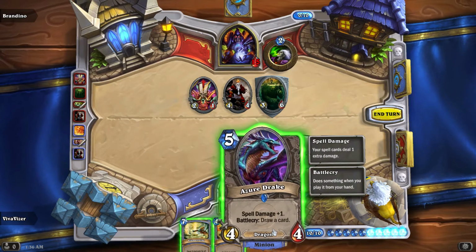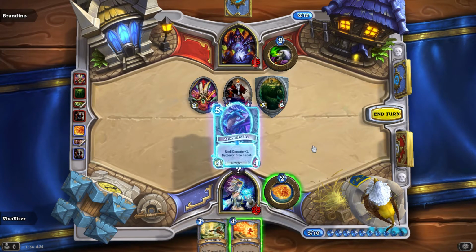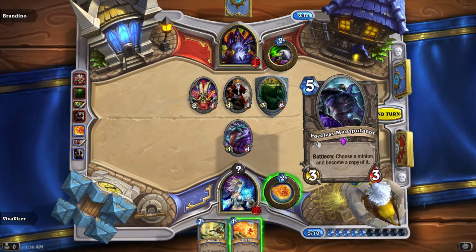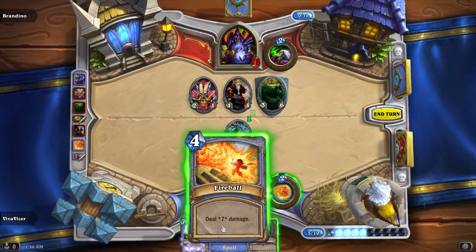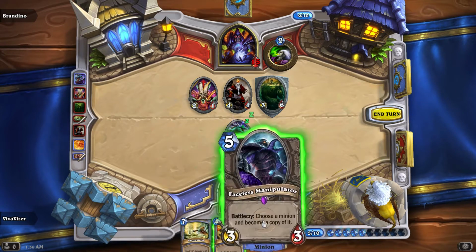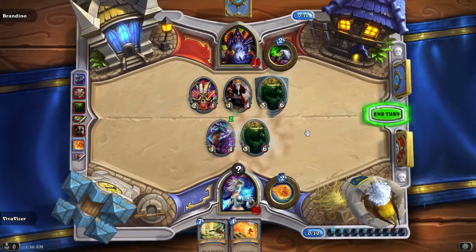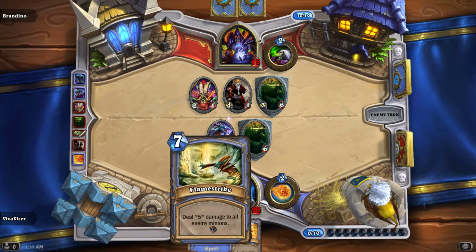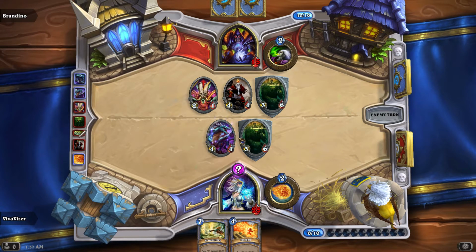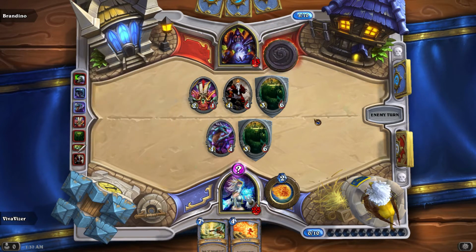I wonder. Ideally, I want to kill this one. Alright, we're going to play it this way then. Faceless Manipulator? That's not bad. Yeah, let's put up a taunt then. Yeah, this'll do. I don't really want to Flame Strike unless I can get rid of everything, and I can do that next turn if the Azure Drake survives. It may not. We'll see what happens, but...